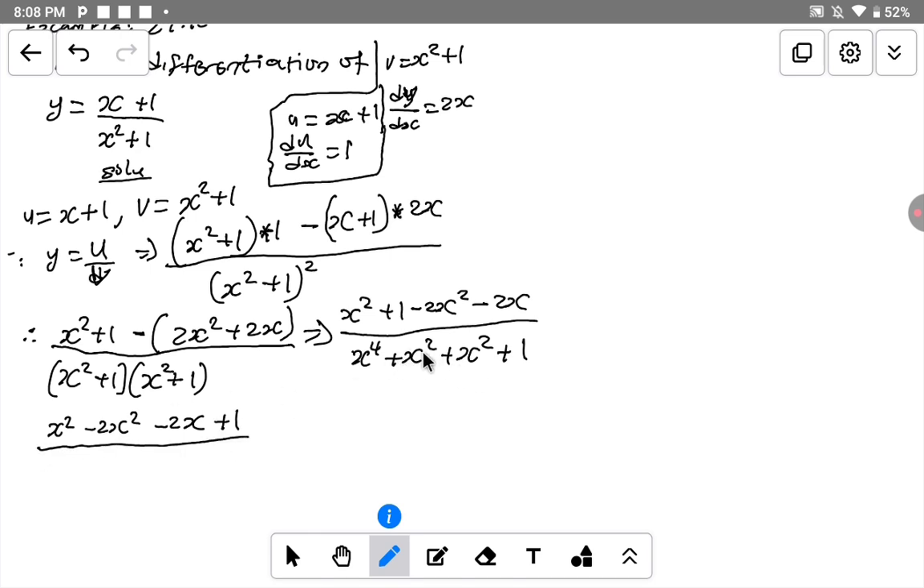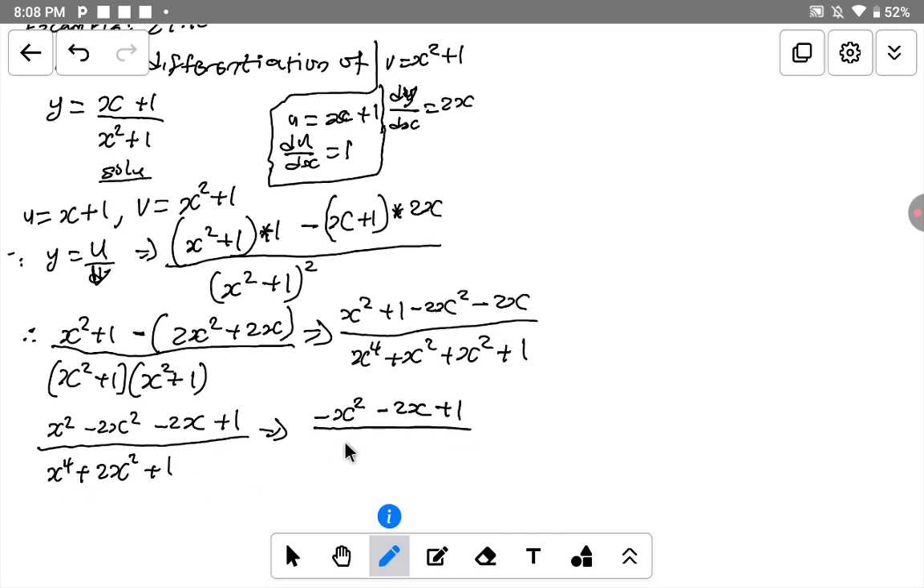So if you look at it, we have s square plus s square, that will give us 2s square. So therefore we have our s with power of 4, plus 2s square, because s square plus s square here gives us 2s square, plus 1. Now this one becomes: here we have s square minus 2s square, that gives us minus s square, and here we have minus 2s plus 1, and everything divided by